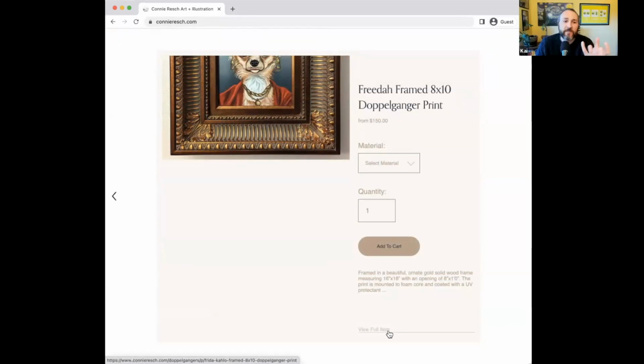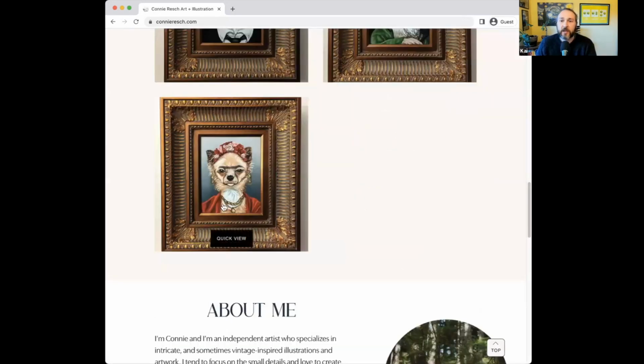But it feels like this is a bit of a convoluted process if I'm on the home page and want to look at this product page to actually get there. That's really true. There's such a focus on portfolio that I didn't even realize these were products for sale. Yeah, that's a good point.